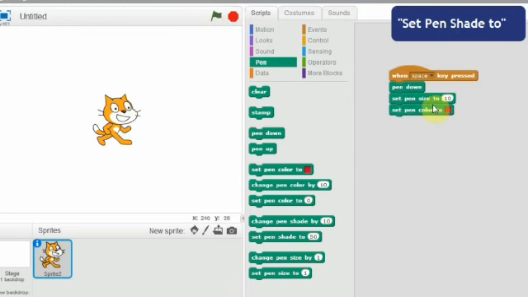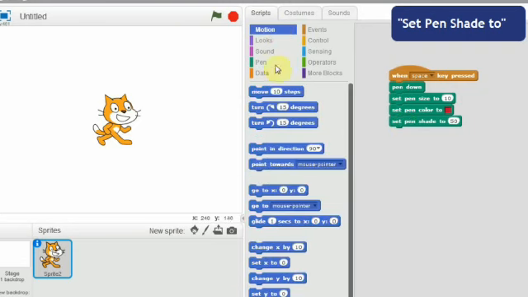Click and drag set pen shade to 50. Click the motion block, click and drag the move block and change the value to 50 steps forward.